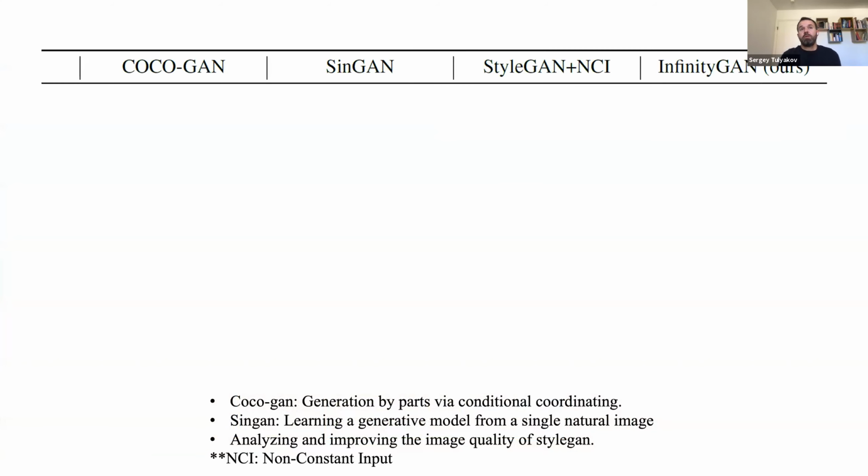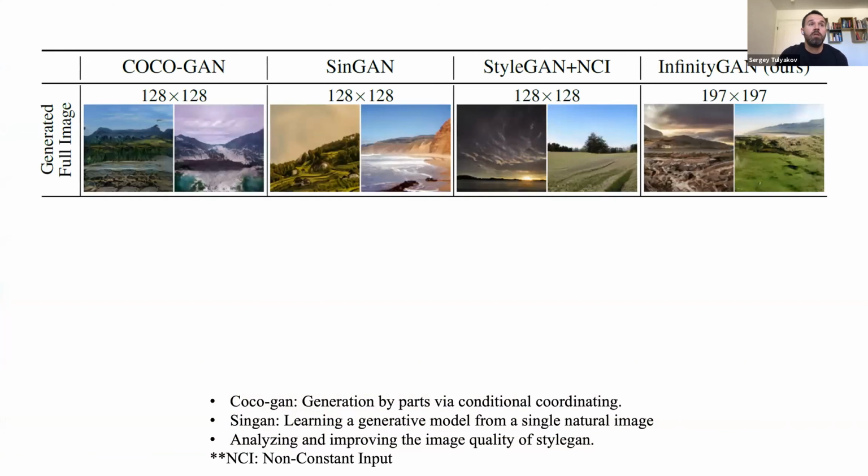So we also want to compare to existing baselines. There are not so many, but we do our best. We first confirm that all those baselines, Kokogan, Singan, can generate decent images at the training resolution. Here, for example, the baseline for StyleGAN and CI means non-constant input, which means that we extend spatially the constant input of the